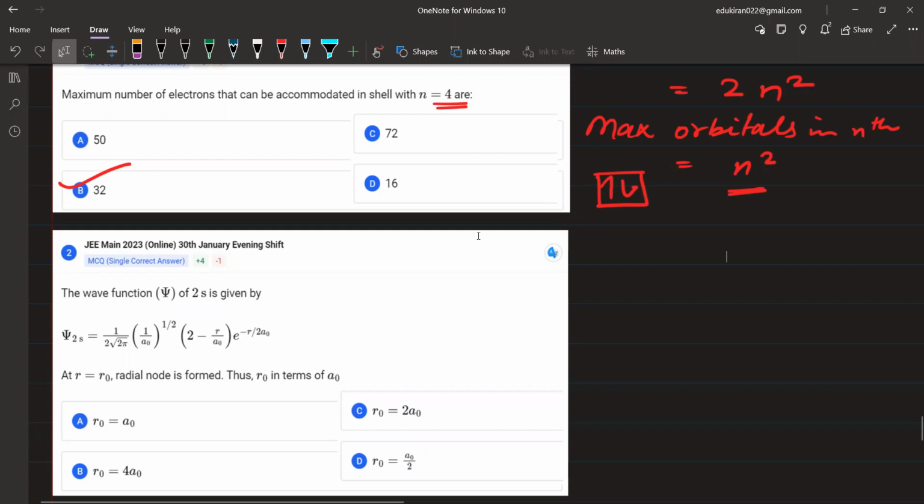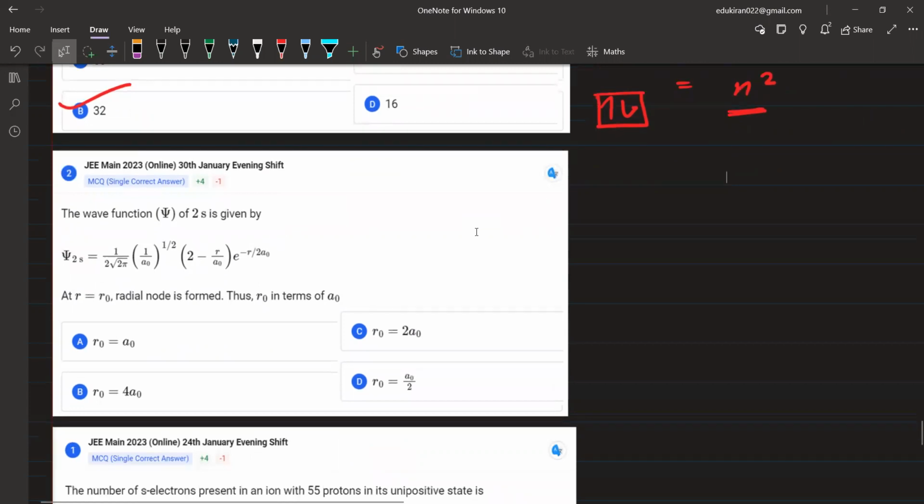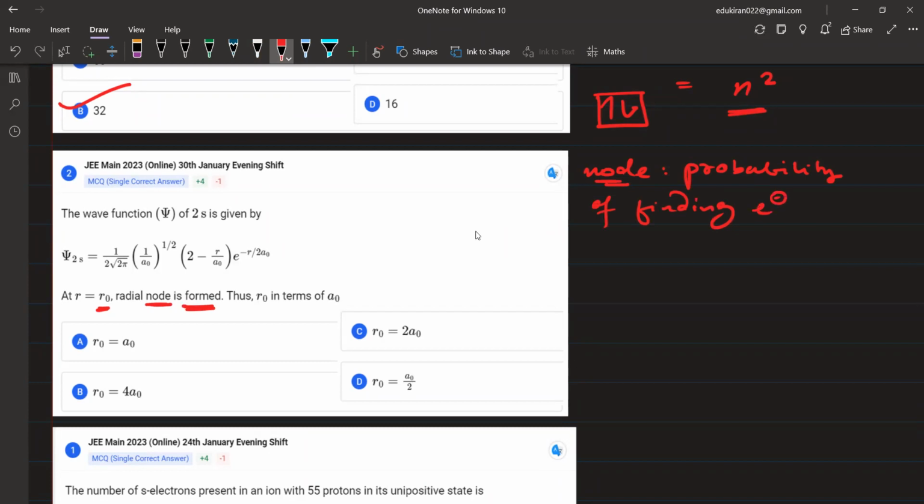The wave function of 2s is given by this particular equation। बड़ा सा equation उन्होंने दे दिया। This is going to give you the 2s का क्या wave function। Now they're asking at r is equal to r0, रेडियल नोड इज फॉर्म। क्या होता है रेडियल नोड, व्हाट इज नोड, नोड इज दैट प्लेस where the probability of finding electron is equal to 0। That means psi 2s will also be equal to 0।